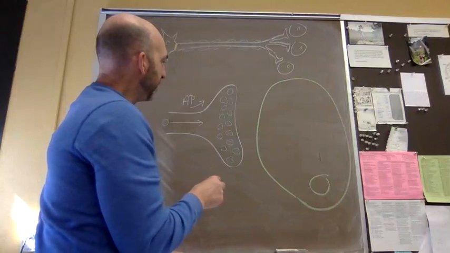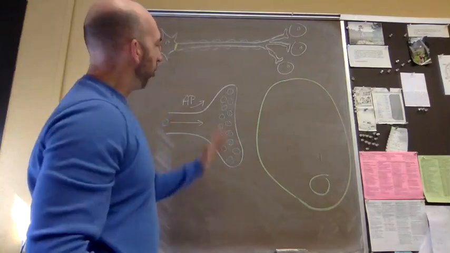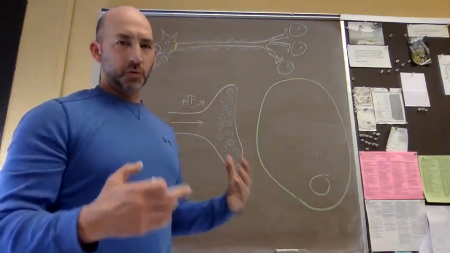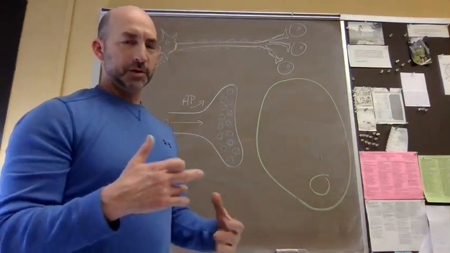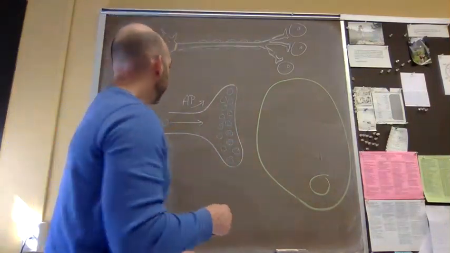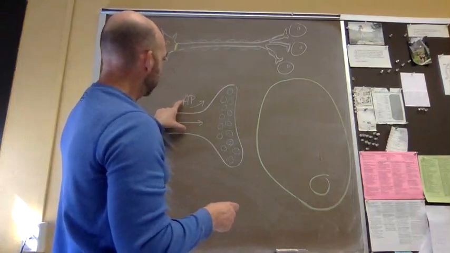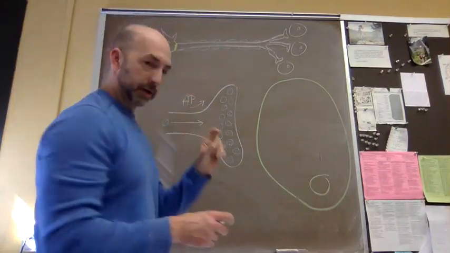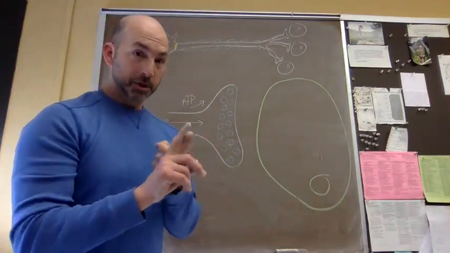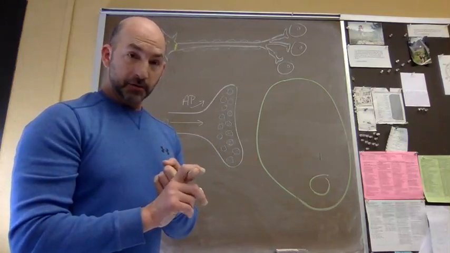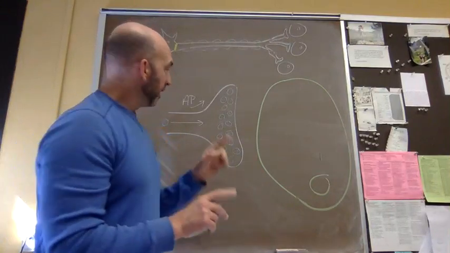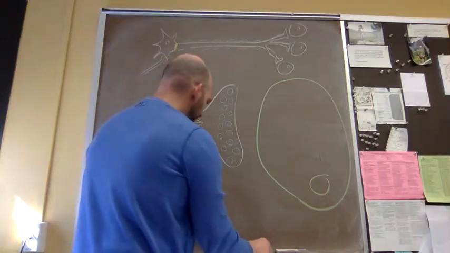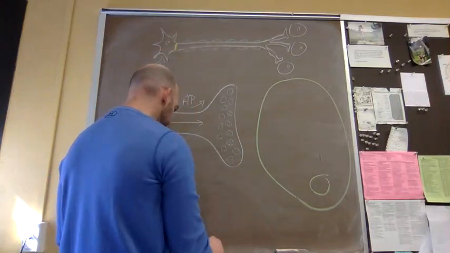What we need to have happen is we need to have exocytosis. Now, they're not all going to exocytose at once. There's a store there. We're only going to stimulate the exocytosis of a small group of them, right? And so when we depolarize due to an action potential arriving, right? Remember that depolarization would be due to voltage-gated sodium channels. But when we get to, and I'm going to color code this, when we get to